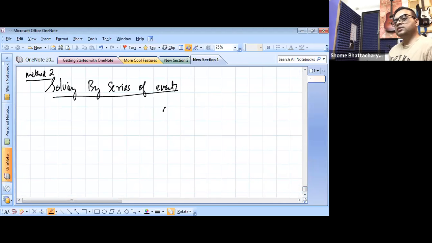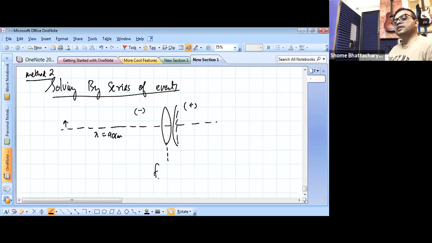How we solve that is you have this and this. We have an object kept here at x equal to 90 centimeters. With proper sign convention, this side negative, this side positive. The lens has focal length plus 60 and the mirror has focal length plus